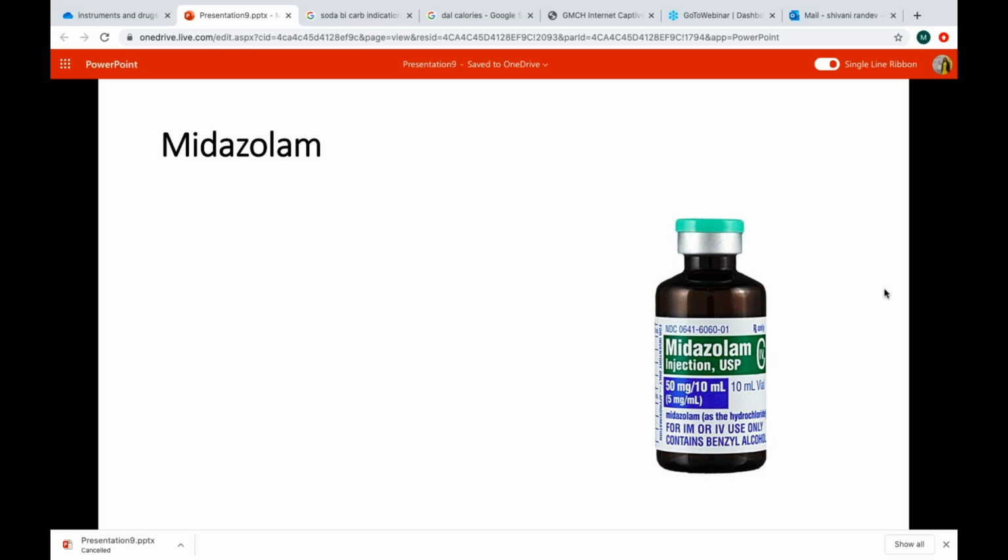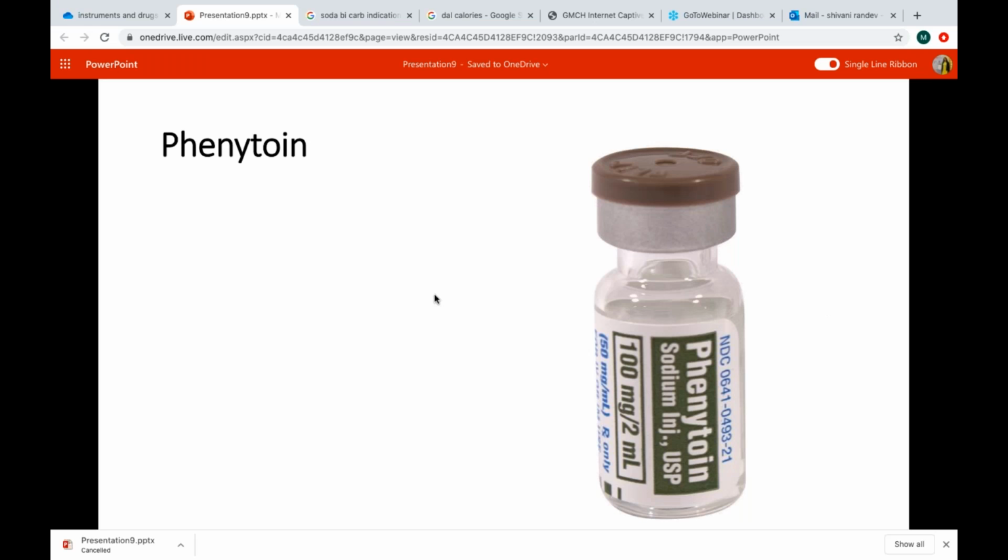Rectal. Okay, first IV. It can be given orally also, and it can be given per rectally also. IV, per rectal, yes. So the advantages of per rectal and oral would be respiratory depression would be less. For IV, respiratory depression is more, and you have to give it really slowly.